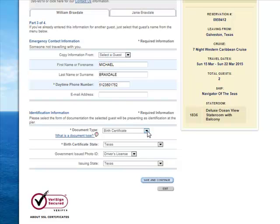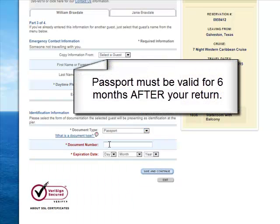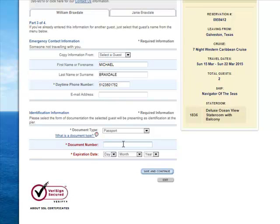I have birth certificates in here, but if you have a passport, then it's going to have a location for your passport number and your expiration date. If you're not a U.S. citizen and you have your passport information in here, just please contact me, let me know, so that